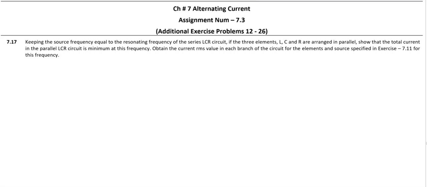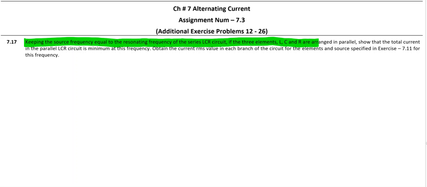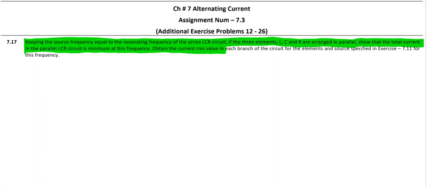We are in numerical 17, exercise problem 17 of chapter 7 in this video. The question is, keeping the source frequency equal to resonating frequency of the series LCR circuit, if the three elements L, C and R are arranged in parallel, show that the total current in the parallel LCR circuit is minimum at this frequency. Obtain the current RMS value in the branch of circuit for the elements and source specified in exercise problem 7.11